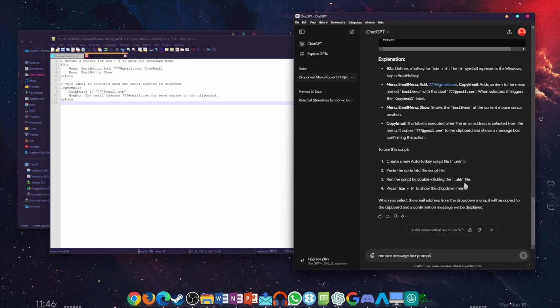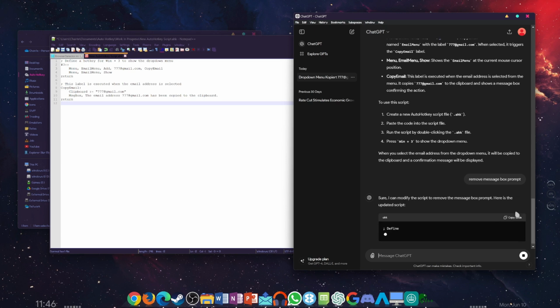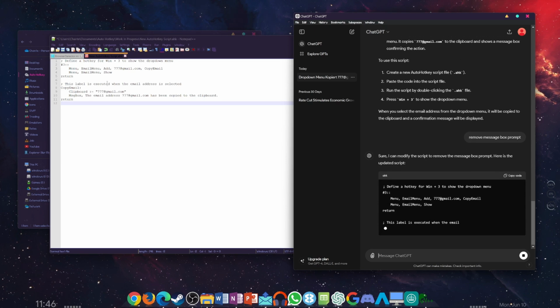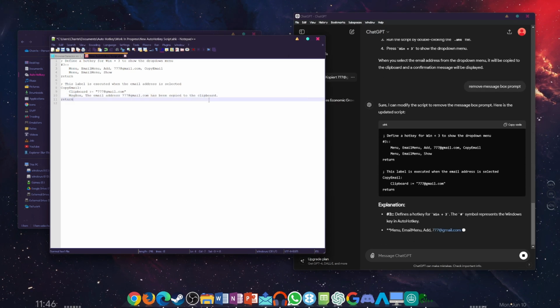And I'm starting to notice ChatGPT has some cooldown as well, like when you send the messages. I think this is what we don't want to see. So,